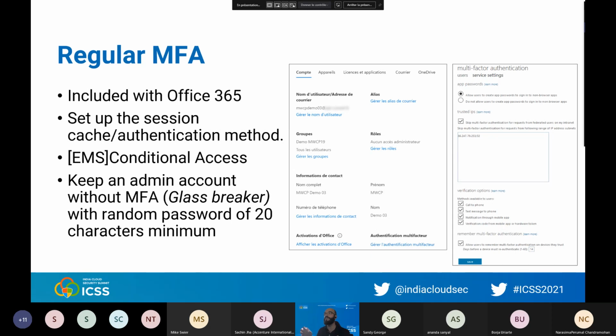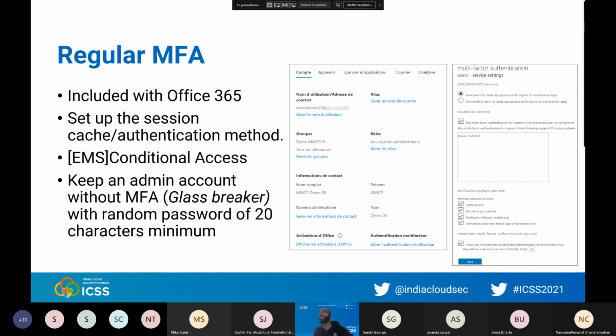Then, using this account, you can connect to the Office 365 tenant and disable MFA for a short period, a few hours, just the time Microsoft needs to fix the issue. So keep one or two glass breaker accounts, and every time you use one, change the password afterwards and keep a very long password.